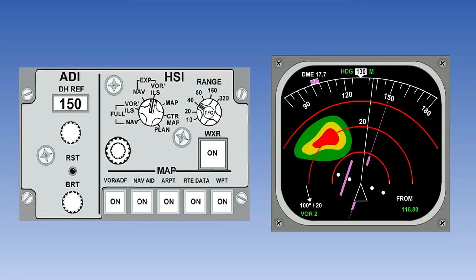In expanded modes, weather range arcs are superimposed on the EHSI screen. In our example, we can also see some adverse weather conditions out to the left of the aircraft. Weather radar uses the colors green, yellow, and red to depict areas of poor weather. Green indicates the least severe turbulence and red the most. The most severe turbulence, however, may also be highlighted in magenta.